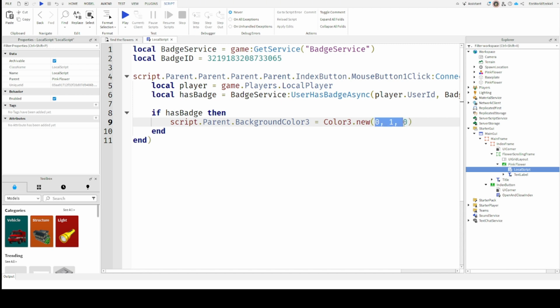So if you want to copy this, 010, go ahead. So if you have the badge, the background color for pink flower is going to be this color, and you could see the color down here if you click on it, green. So then else, so if you do not have the badge, then